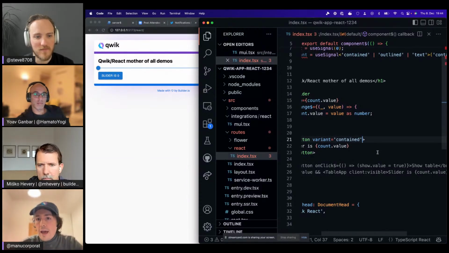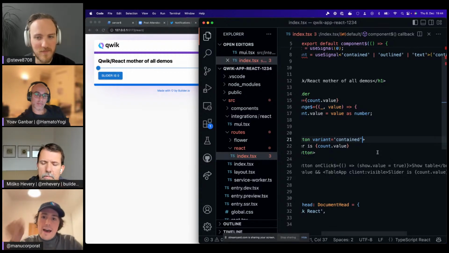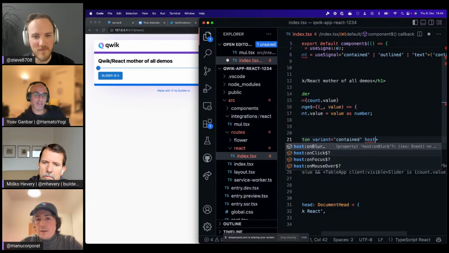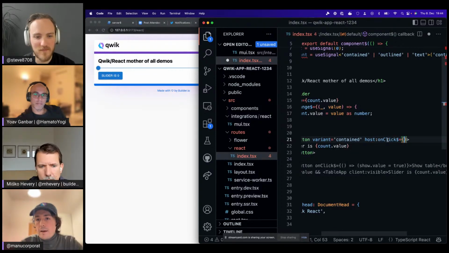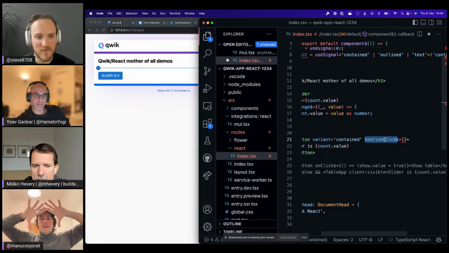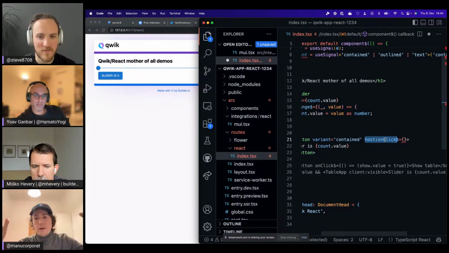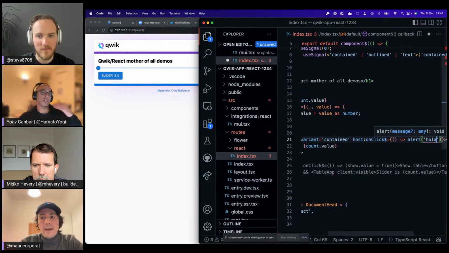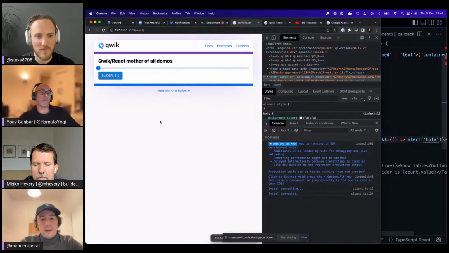So I'm going to show how I can actually click the component without having to download React, and I can just use the host event. This host event is going to put a click handler on the host element of the React component. It doesn't really need to get the actual click from the real React component, but it will work. This is going to be the parent, or the grandparent, or just the component that is wrapped with the Qwik effect.